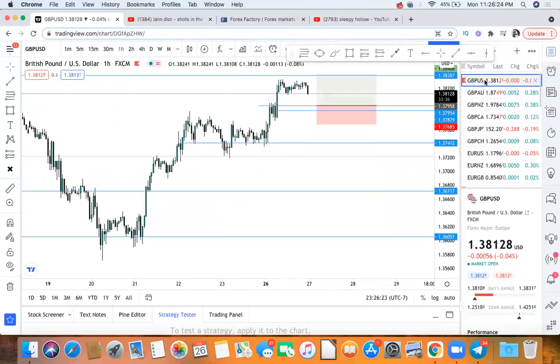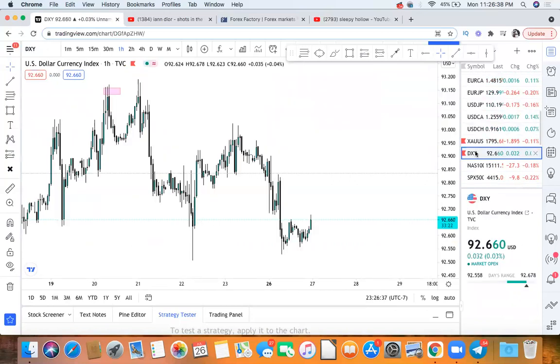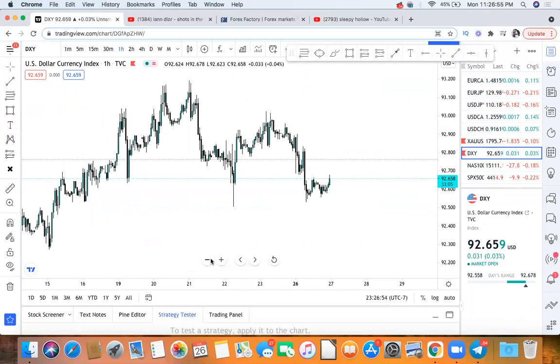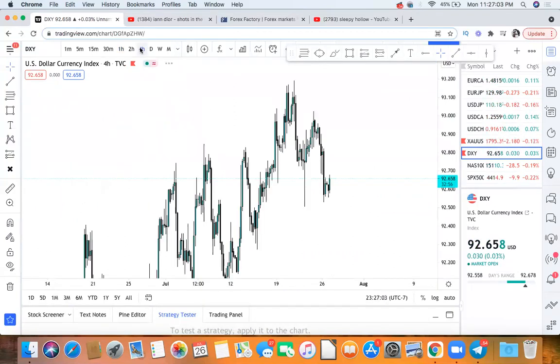So lastly but not least, it's going to be GBPUSD. Before I even take a look at this one, I just did my analysis on GU, but I do want to always make sure I'm looking also at the dollar index. Because if the dollar index goes up, what's going to happen? GU, Euro USD, AUD USD, NZD USD are going to fall. If the dollar index falls, GBPUSD, Euro USD, NZD USD, and AUD USD are going to what? Rise, right? So just looking at the dollar index here,